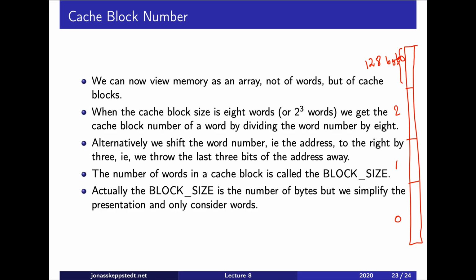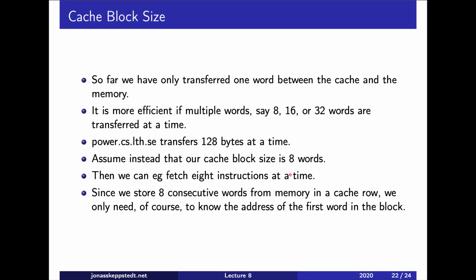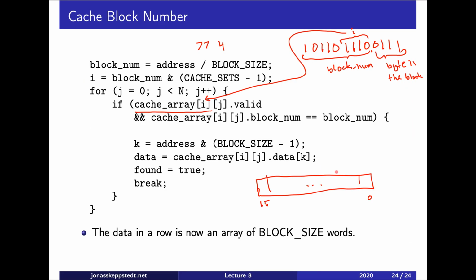But that is not what we store in the cache. If we have an address, it could refer to any byte within a cache block, but that is not what we are looking for, since we are looking for the cache block. Okay, so therefore it is this number that we store in the address field of the cache. So we check that it is the cache block that we are looking for, and then we want to know which byte